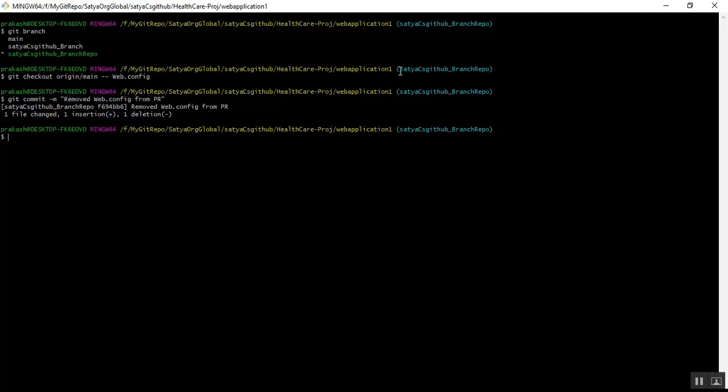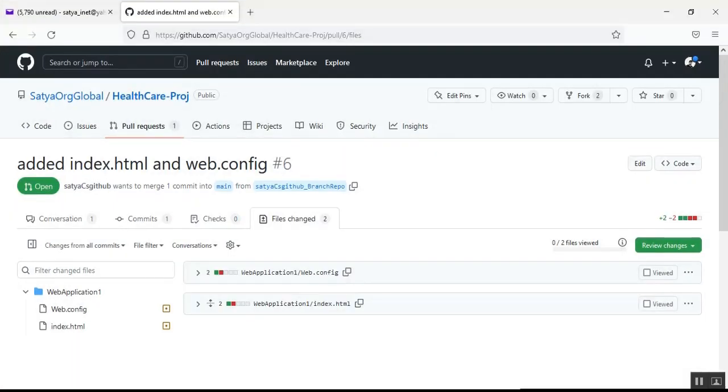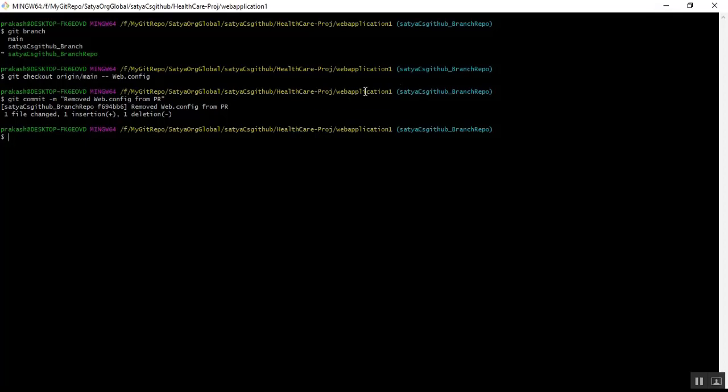For example, I have created this pull request under this branch Satya CS GitHub_branch repo, and in your Git Bash it is selected as some other branch. Then you need to check out this branch. After then you need to execute this command. So to switch from one branch to another branch, the command is git checkout branch name. Alright,